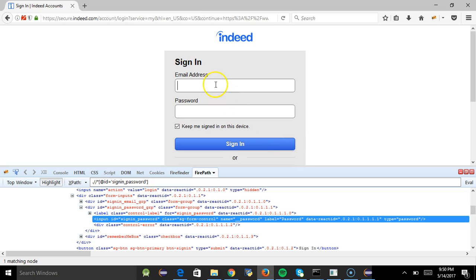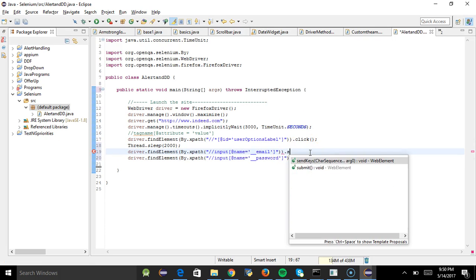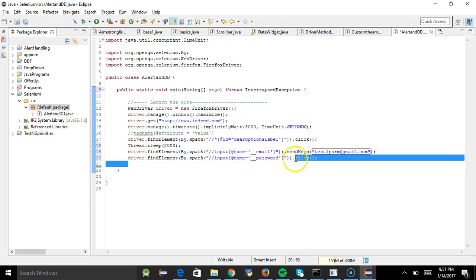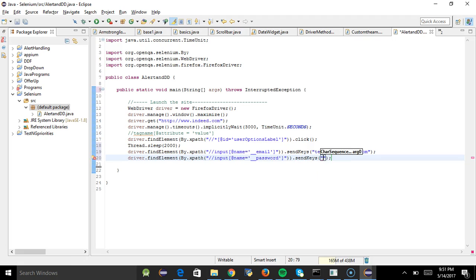Actually I'm making a mistake. This is a text box. Here we need to enter the email ID. So instead of clicking on that, we'll use sendKeys. SendKeys is used if you want to send some value or enter some value. Test1 forum. I already told you this account I already created. This is the test account, just for testing purposes I created on that site. Login with that one. So here as well you can see driver.sendKeys and the password will be testings,